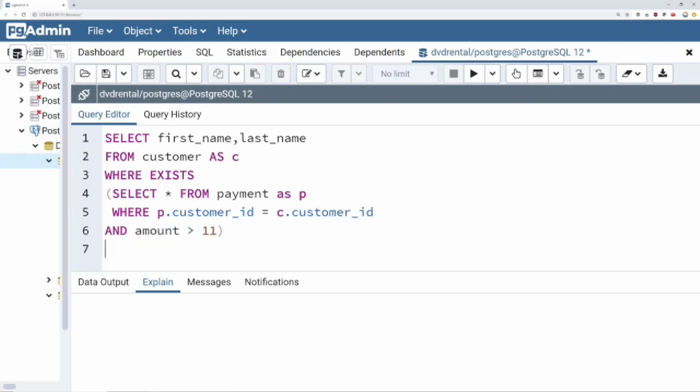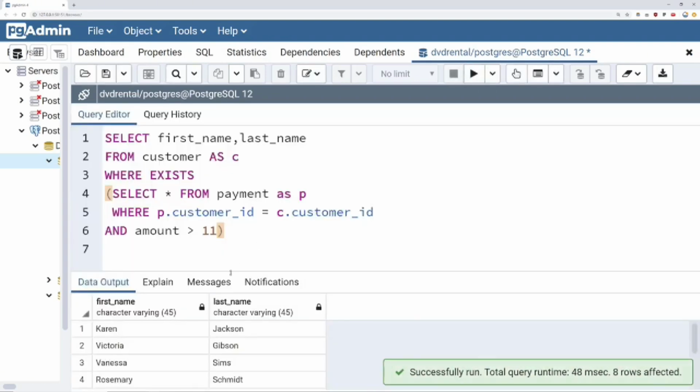So note what we're doing here. We're going to say select the first name and last name from the customer table, where, and then the EXISTS operator is checking to see if any rows are returned based off this subquery. Or we're saying select everything from the payment table where the payment customer ID matches the customer ID and the amount they paid, which comes from the payment table. If you want, you could say p.amount, but amount is exclusive to the payment table, so we don't need to clarify further, is greater than 11. So if we run this, we get back